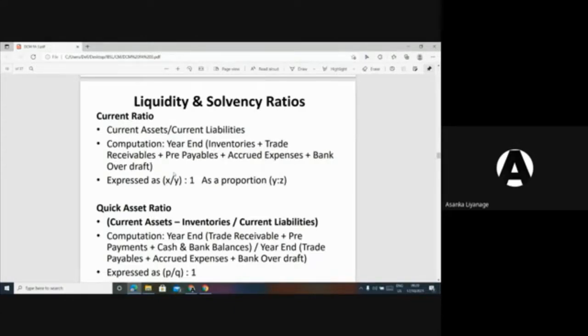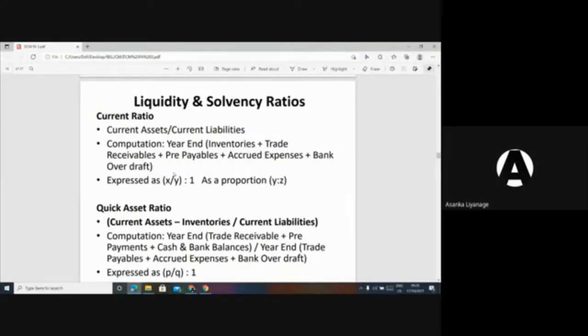Meaning if your current liabilities are 1, your current assets should be 2. If I take an example, if the current liability is 100 million, at least you should have 200 million in current assets. That is the normal standard. But when it comes to different industries, you have to have different acceptable ratios in terms of this current